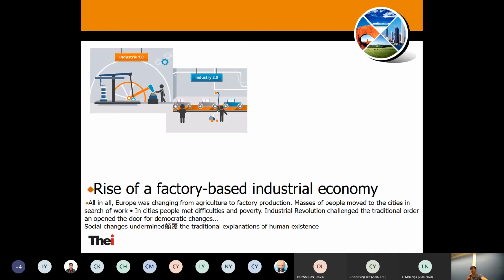Consequently, we can imagine the conditions and situations among these foreign workers. They did not have a very good